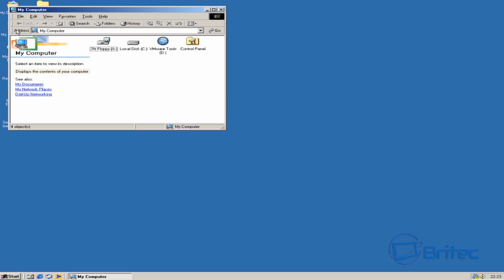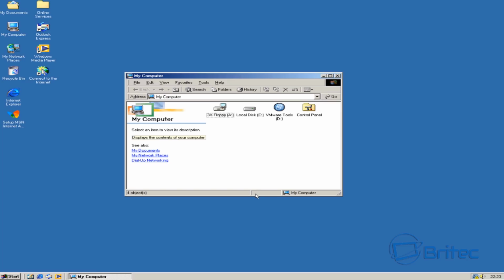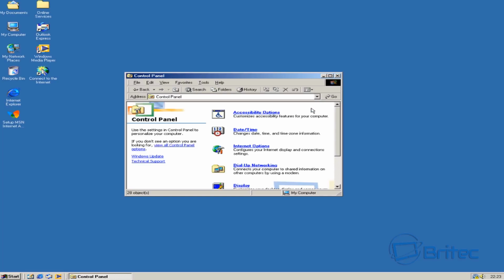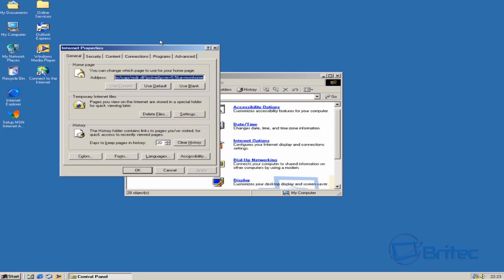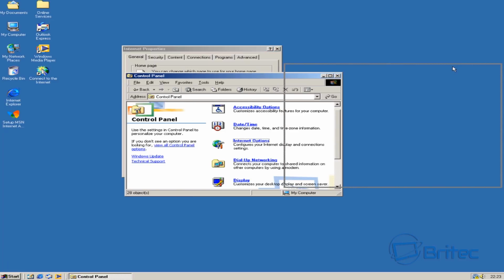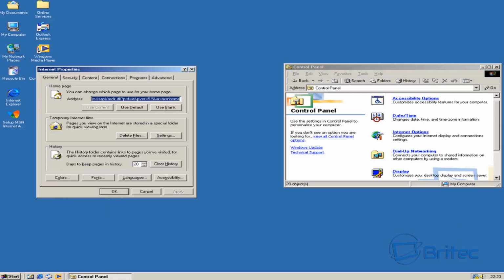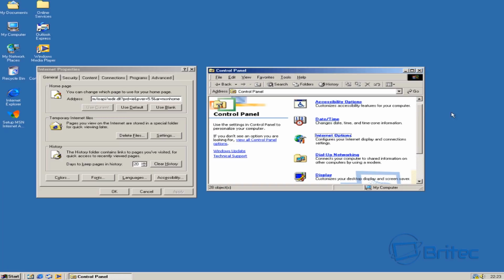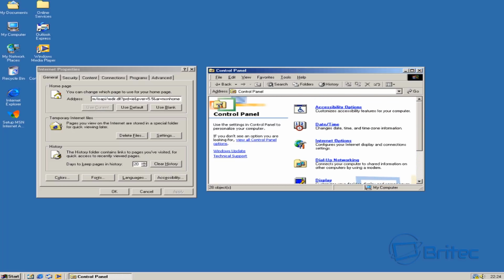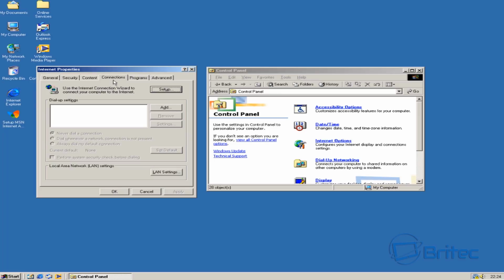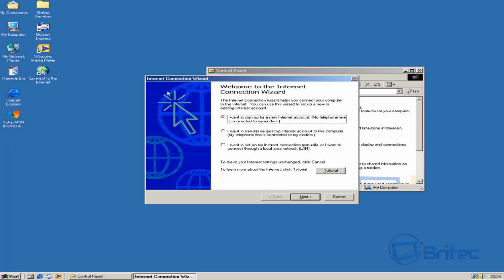And what we're going to do here is click on My Computer, if I remember rightly, and go into Control Panel here. In the Control Panel, into Internet Options, and there weren't many options there, to be fair, back in the day. And what we need to do here is go to Connections, and I'm just going to quickly connect a LAN setting here. So we're going to Connections here, and you can see the few little options you had available back in Windows ME days. So we're just going to click on Connections and Set Up. And you can see a LAN one there, that'll do. We'll just click on LAN